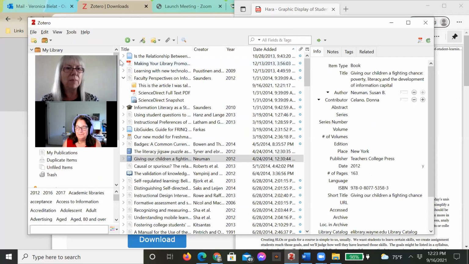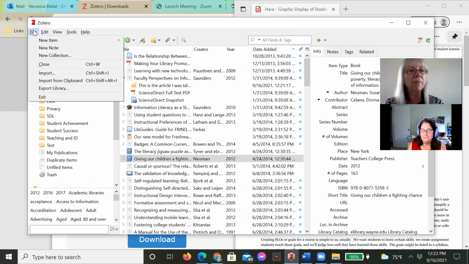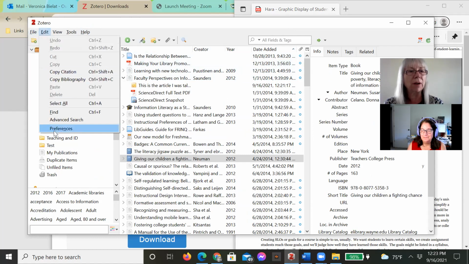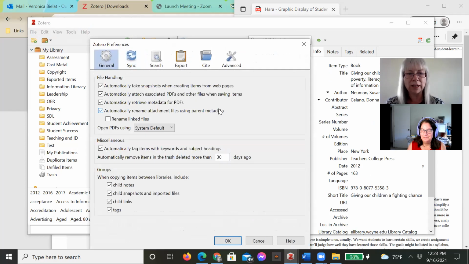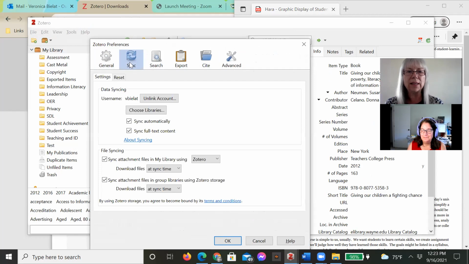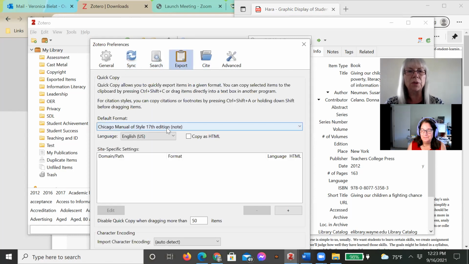The other thing that is in Zotero that you'll want to do, and this is on the setup information that I'll be providing you in just a moment, you will be going to the preferences, because you will be setting your preferences for this Zotero account. That's why it's important to create your account in Zotero.org first, because then you can easily set up your sync. So you can sync it with your online Zotero account, and then you will always have a backup. And then you can tell it how you want to do. You could select your